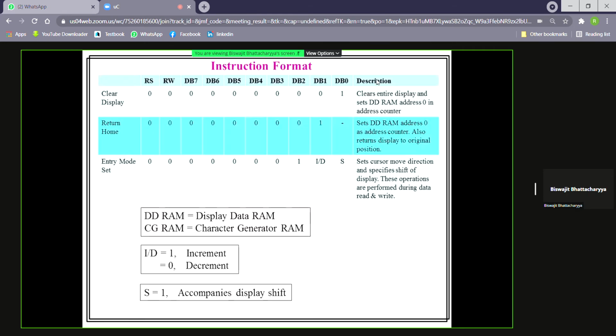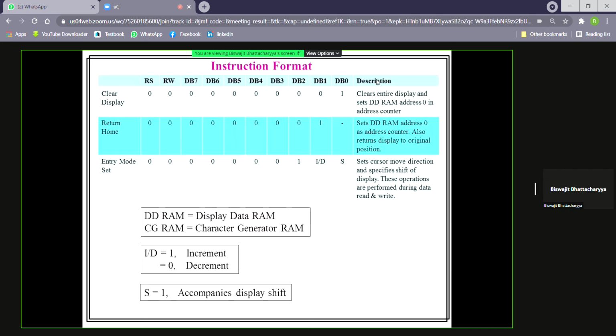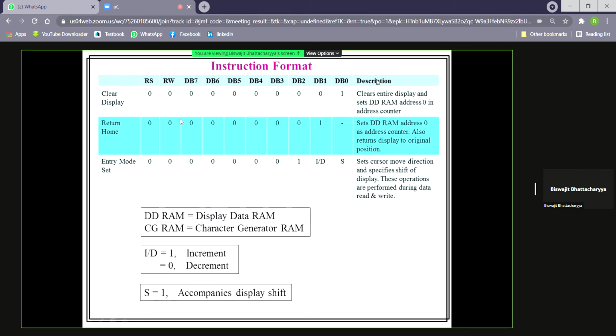Now, let's see the instruction format. The instruction tells how to write, what will be the format of such things. First, note that there is an 8-bit instruction format, data bits DB0, 1, 2, 3 up to DB7.